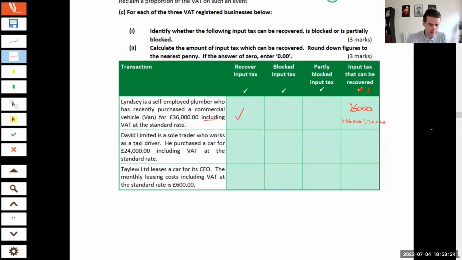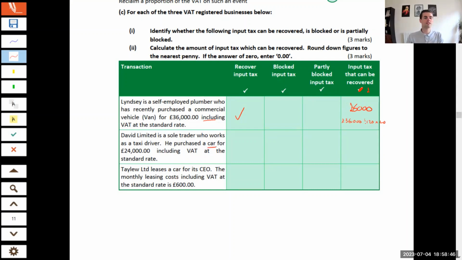David Limited. Very creative names here, aren't they? David Limited is a sole trader who works as a taxi driver. He purchased a car for £24,000, including VAT, at the standard rate. What can he do? Now, again, this is an AAT trapdoor style question, because you see he purchased a car